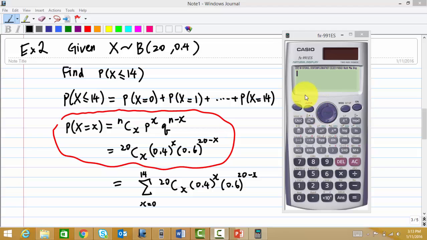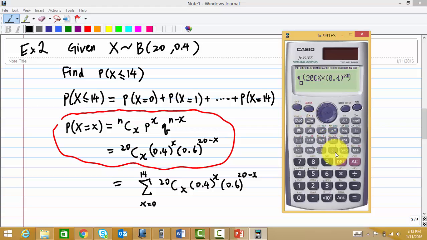First, you are in the computational mode, and then shift sum, and you enter the term you are going to sum: 20, shift, C, alpha x, times 0.4 raised to the power